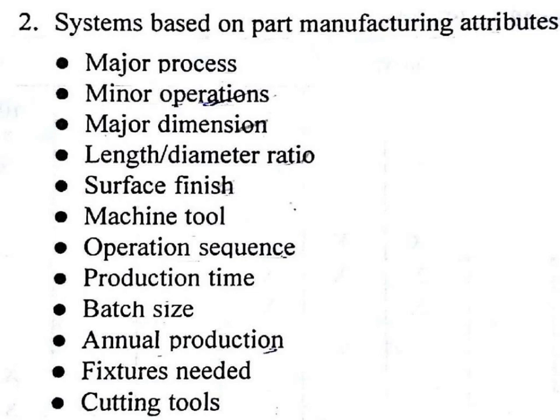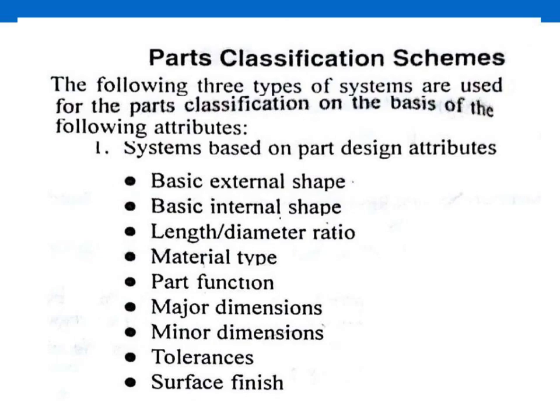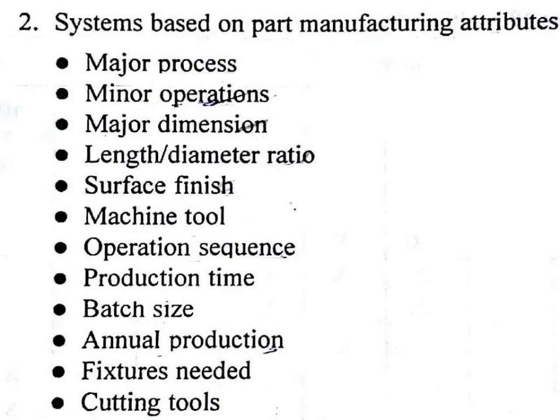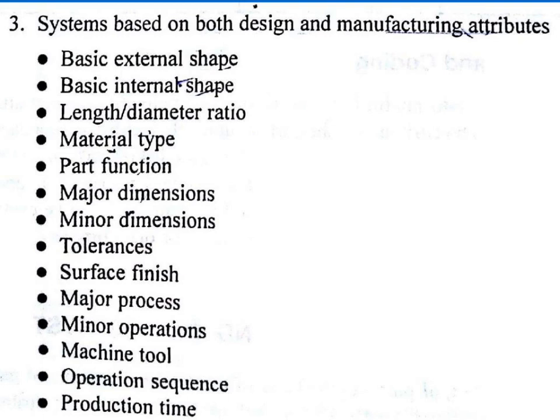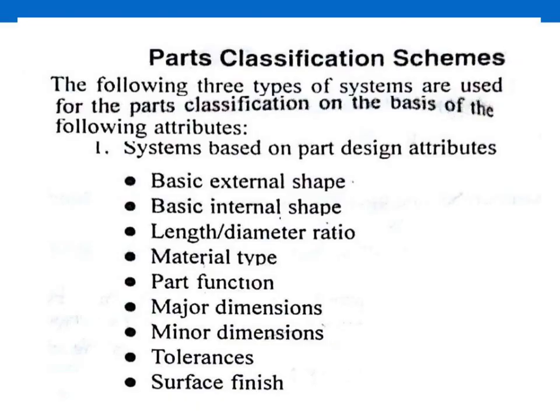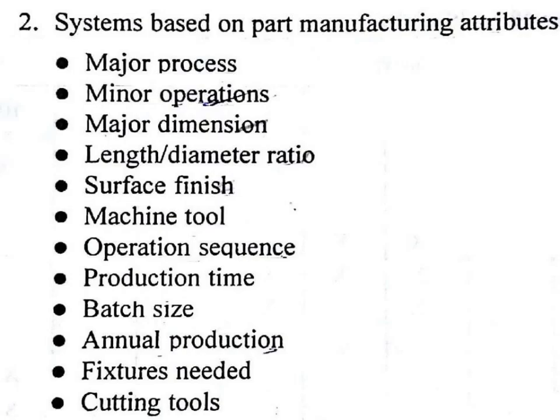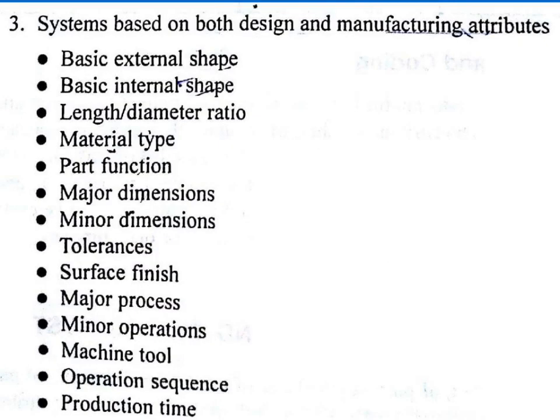A is design attributes, only design attributes. Now we understand again: A list is only design attributes, B list is only manufacturing attributes, and C list is which are common. So in third, both design and manufacturing attributes, we are taking all three lists: A, B, and C. Don't confuse, we are not taking only the C list. We are taking all three lists in third. In first, design attributes, we are taking A and C. In second, we are taking B and C. But in third, we are taking all three.